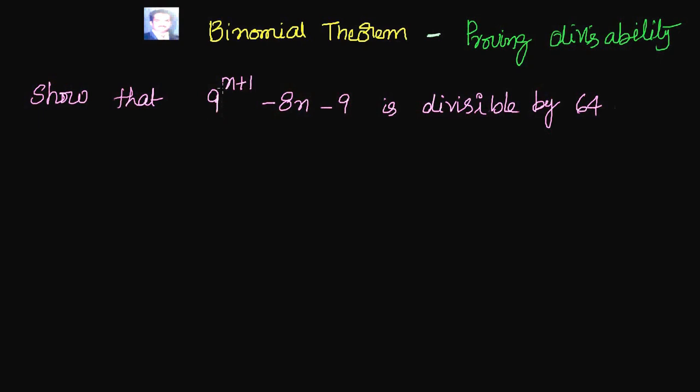I have to prove 9 to the power of n plus 1 minus 8n minus 9 is divisible by 64. Since we are talking about binomial expansion, I need to convert this into (a plus b) whole to the power of n, then expand that and see whether things cancel out, so that I can get 64 common outside and say it is divisible by 64. Let me repeat that. I'll make this a binomial expansion, then see whether I can subtract and whatever value I get is a multiple of 64 or not. If I am able to do that, we have proved that this is divisible by 64.